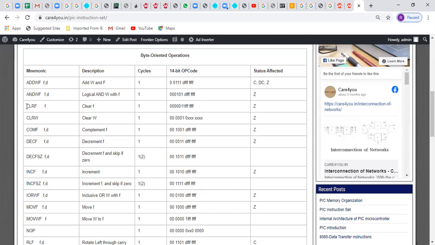So clear F, clear means make it as 0000. और किसको जीरो बनाना है? This is clear the file. Suppose I want to clear the status register, so you can write clear F और इस F की जगह क्या लिखेंगे? Name of the register, status.